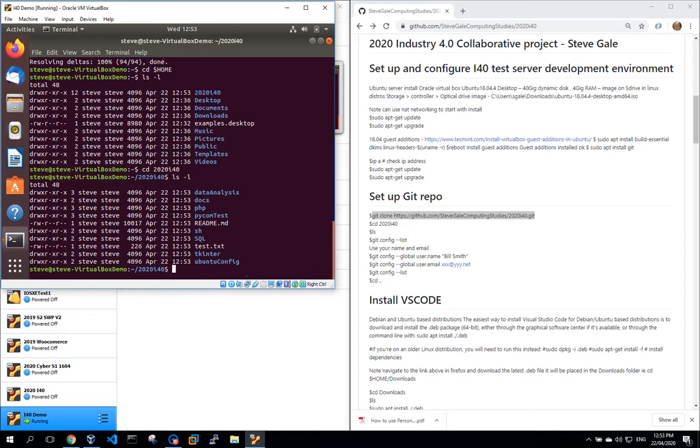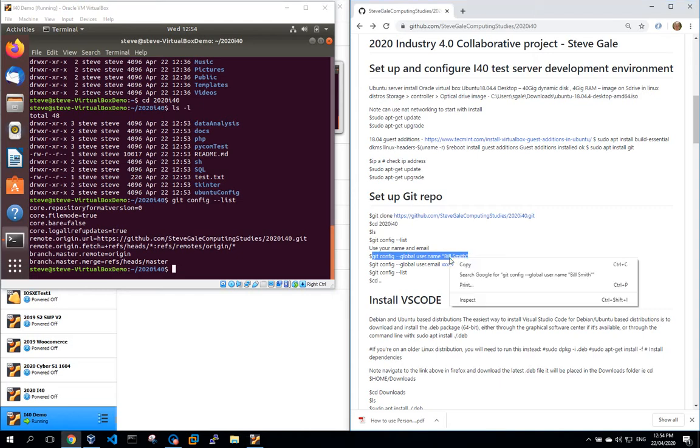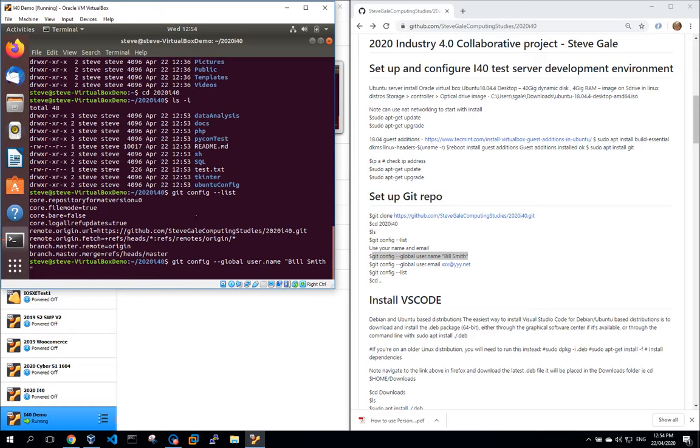So the other thing is, if you're going to be using Git, then you probably want to configure it with your details. So the next thing we'll do here is configure Git. So I'll just do a git config --list, and that'll show me the current Git configuration. But what I want to do is add in my username and my email address. So my username will be, not Bill Smith,